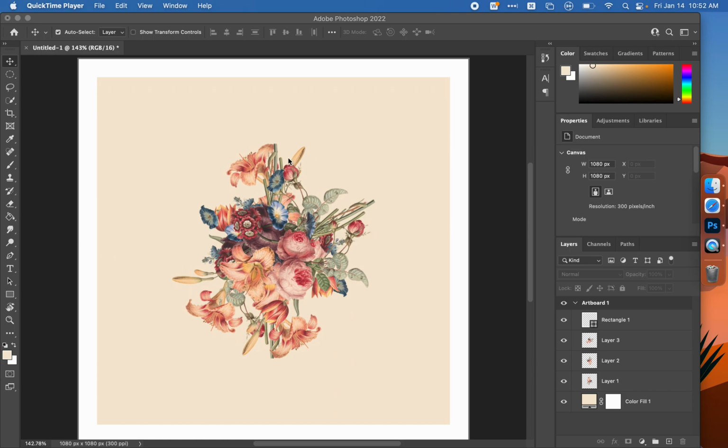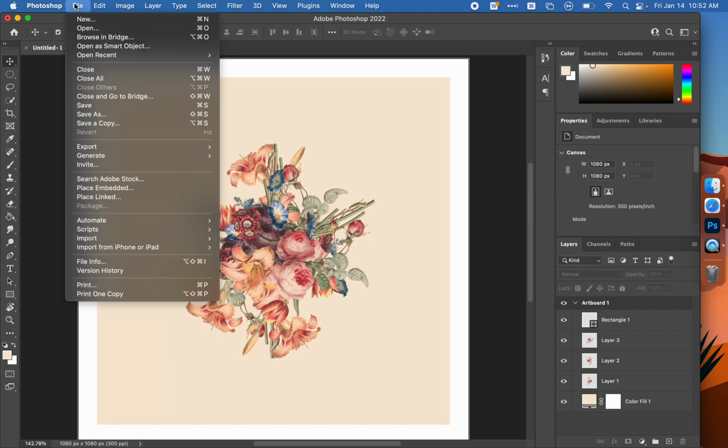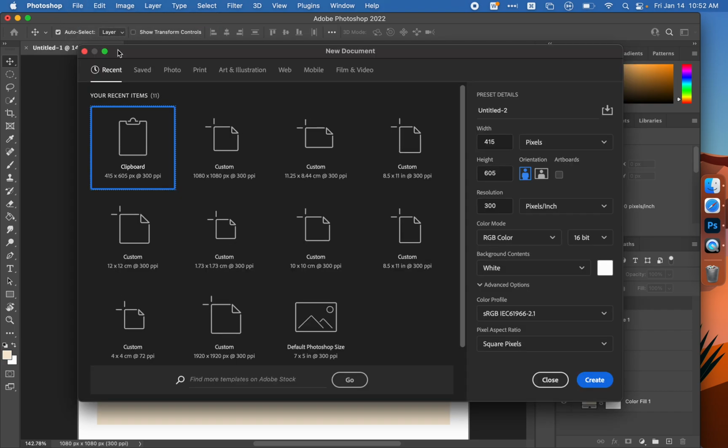So I've created this sort of minimal little floral artwork here just as a basis. We'll go ahead and create this to get you some of the basic interface of Photoshop and ideas for how to create this. So what I'm going to do in Photoshop is create a new document,